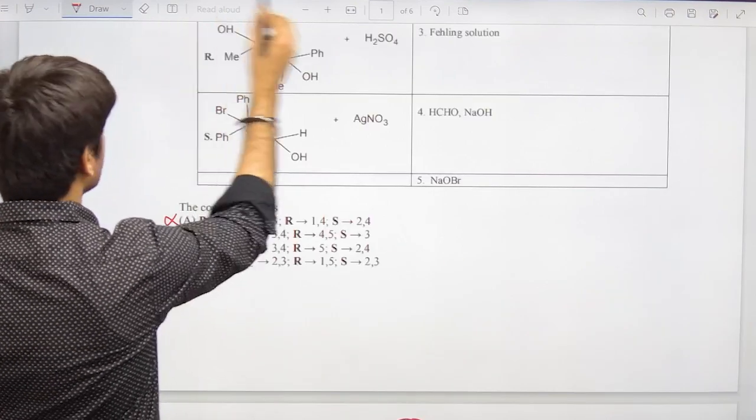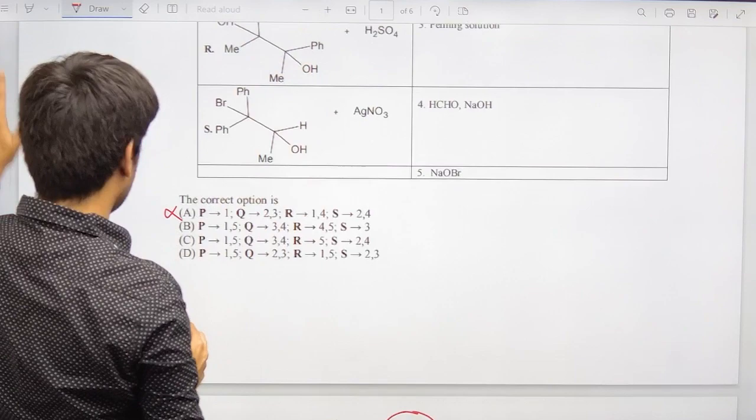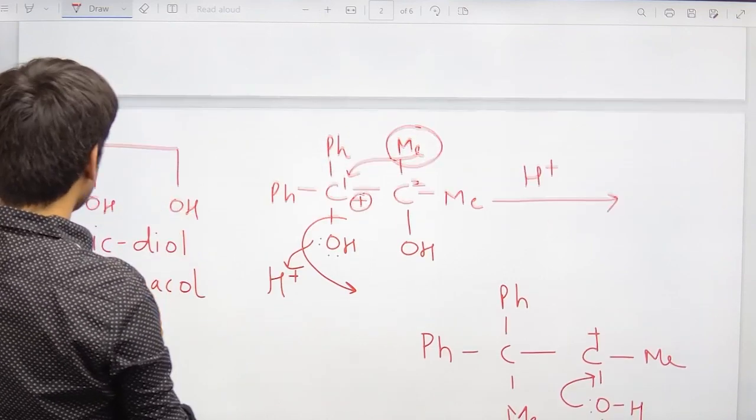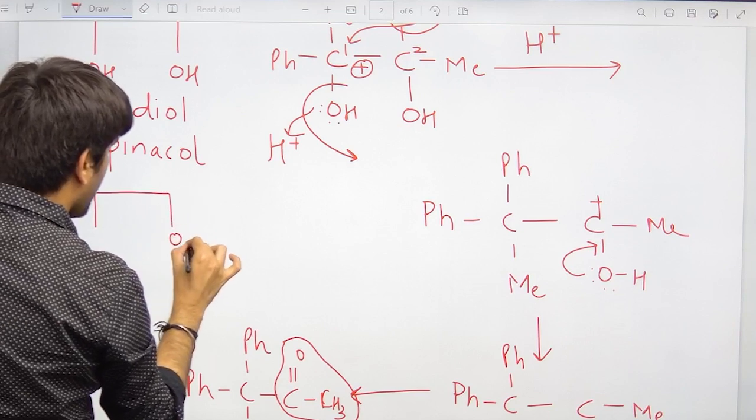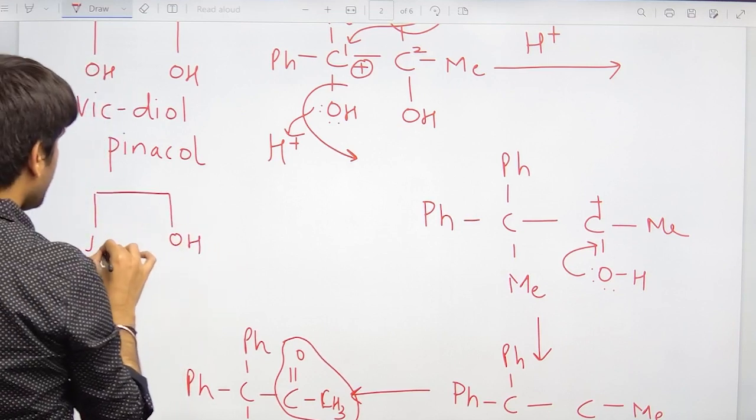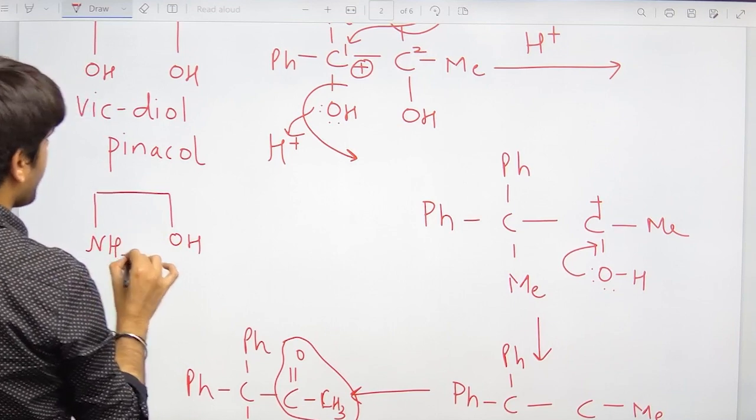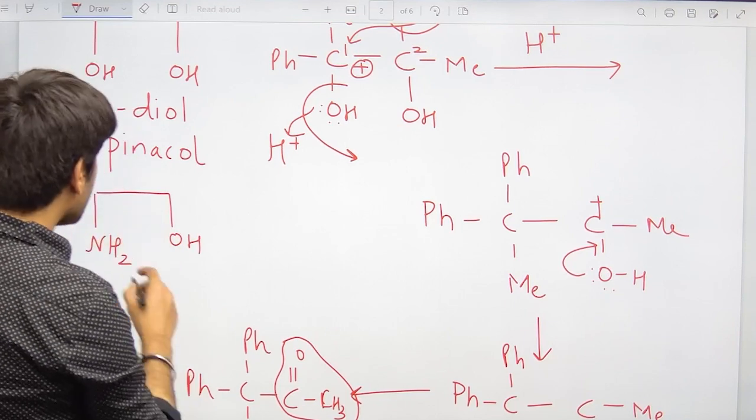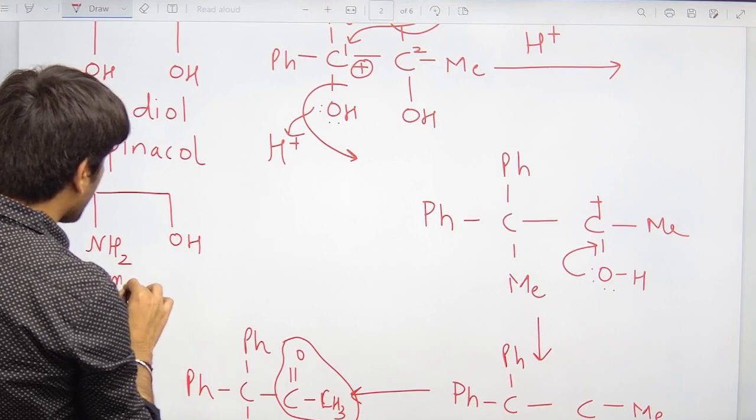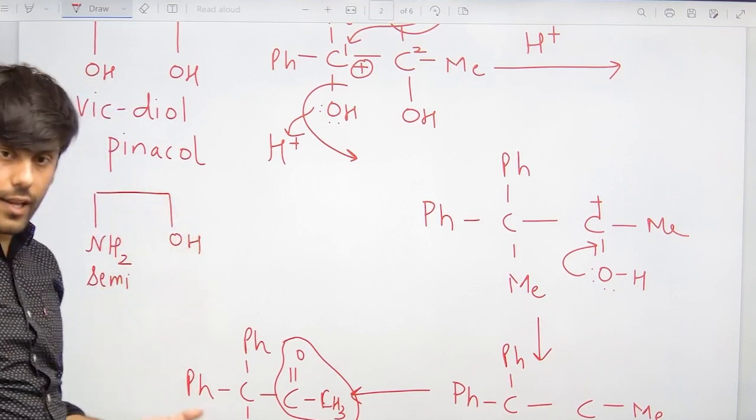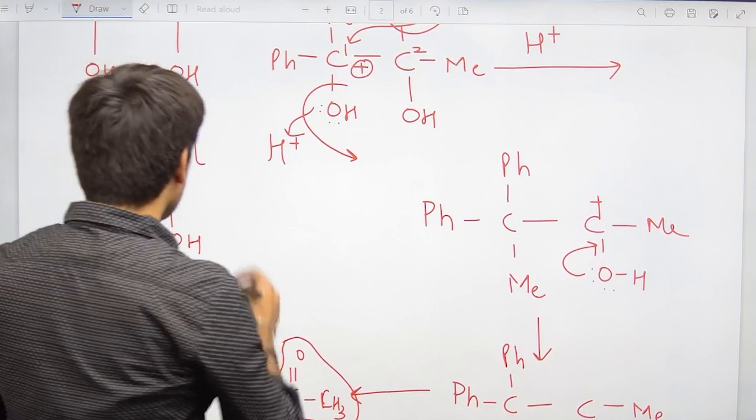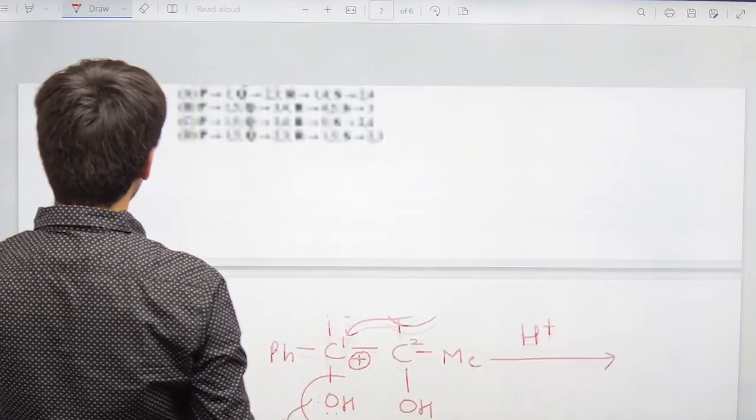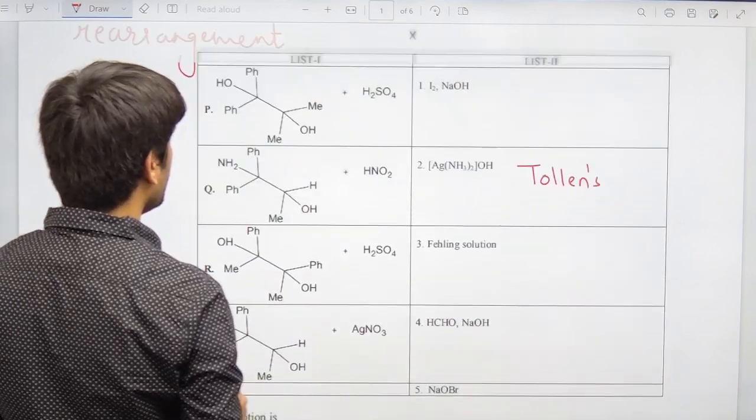The second one. So I told you that this is your vicinal diol. Now suppose if I make it like this, I have an OH on one side, and at the other side, suppose I have NH2, right? So this is an example of the semi-pinacol-pinacolone rearrangement, and here now in this question, if I tell you,